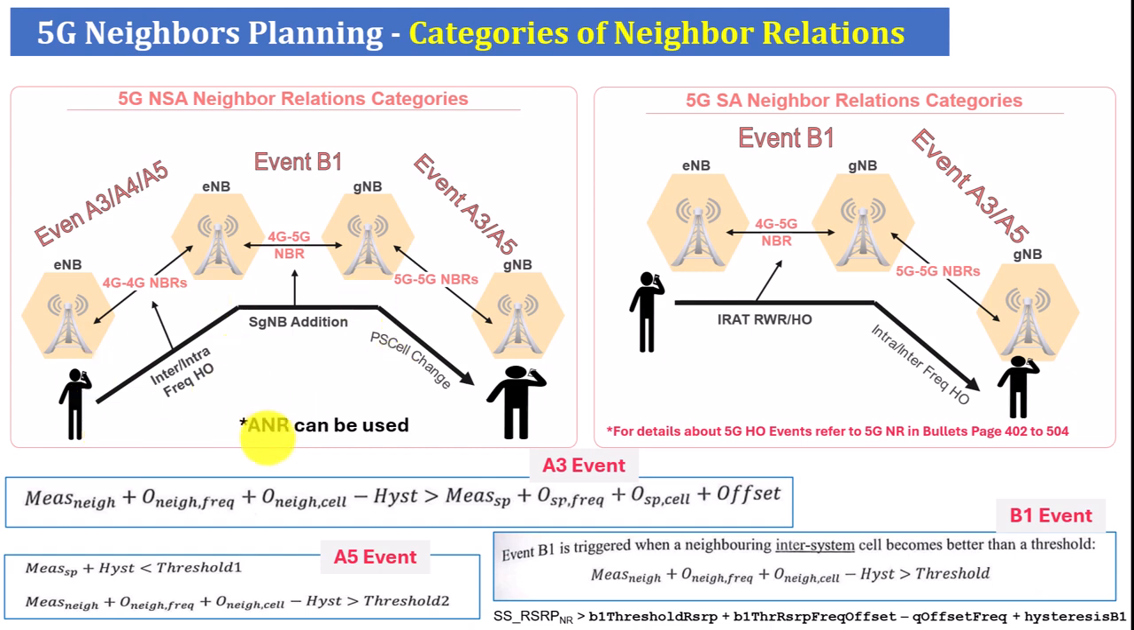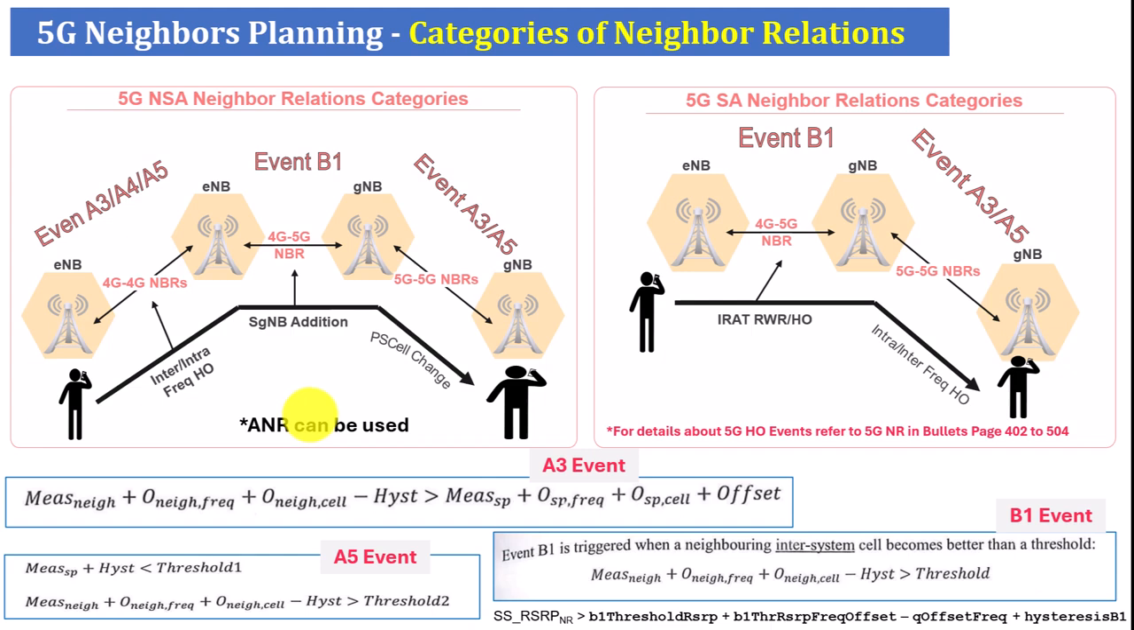Usually the ANR can be used in a non-standalone network, but it depends, because the main idea of enabling ANR, automatic neighbor relation, which is a feature in 5G non-standalone, actually requires activating something called SIB1, which is System Information Broadcast 1. At the end, the user needs to read the CGI and report the CGI to the eNode B or to the gNode B, to be able to help the eNode B or the gNode B to add